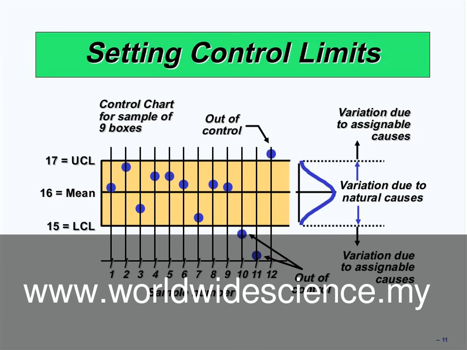If all of them are in the allowed area, within the limitation, we can tell the engineer the process is under control and there is no problem. But if some of the means are out of control, we should say the process is not controlled and there is some problem. There is a specific or assignable cause here, and operation managers must stop the process and check the process.